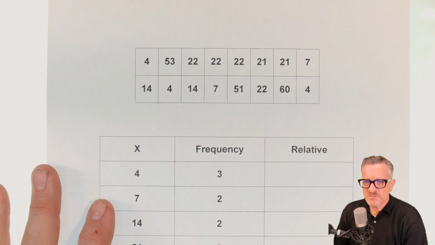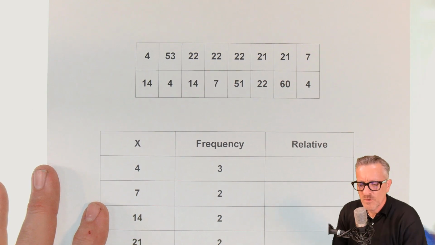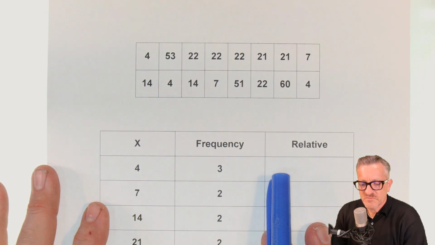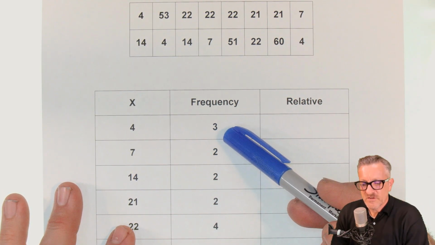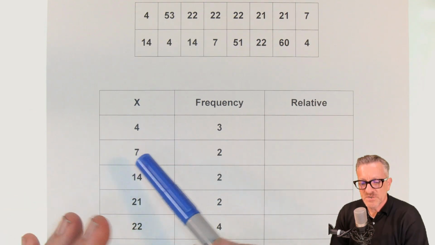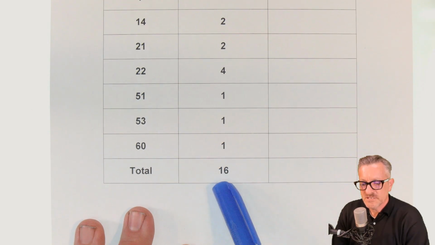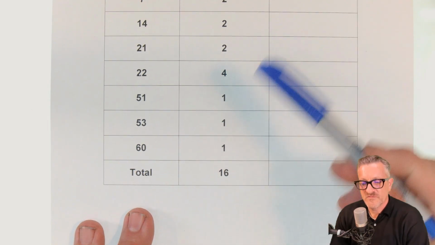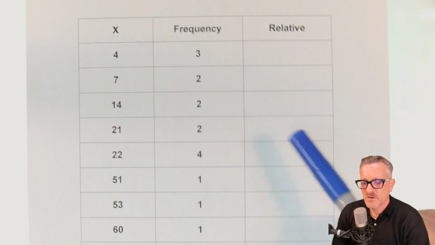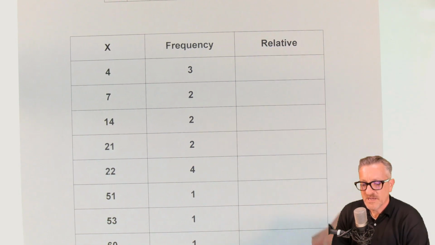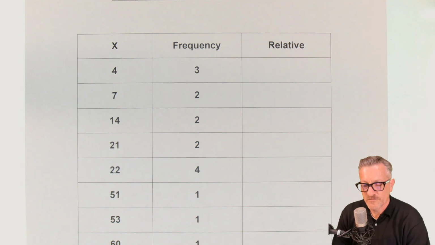So with this one, we're going to be making a relative frequency distribution. What a relative frequency distribution is, is that we have the frequency of each observed data value, and we have the total, which is 16 in this case. So it's the total of the frequencies, not the total of any of this. What we do is we take a look at the frequency and divide it by the total, and that gives us the relative value, and that's all that we do.